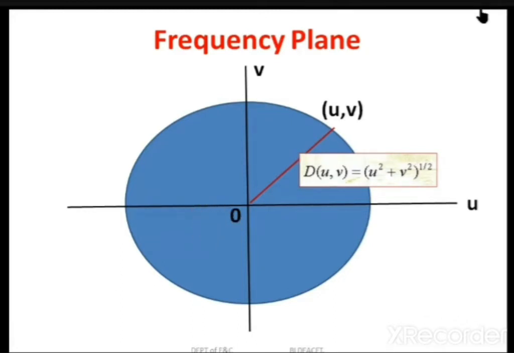However, in the spatial domain, just try to recall, the origin of the image was the lower left corner of the image. That's why, to adjust the spatial domain image into the frequency domain, we multiplied the input image with minus 1 raised to x plus y. So remember, in the frequency domain we use variables u and v, and this is the origin of the frequency plane.